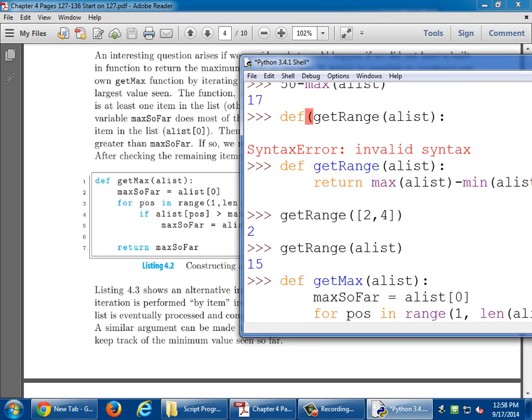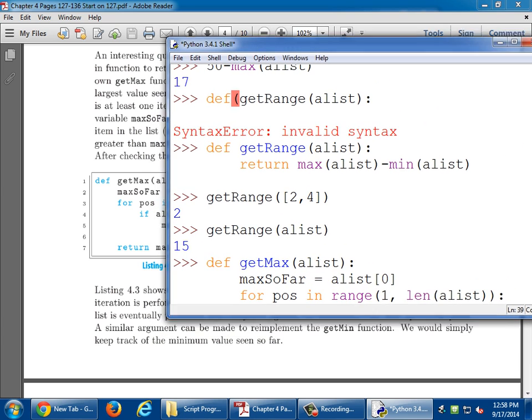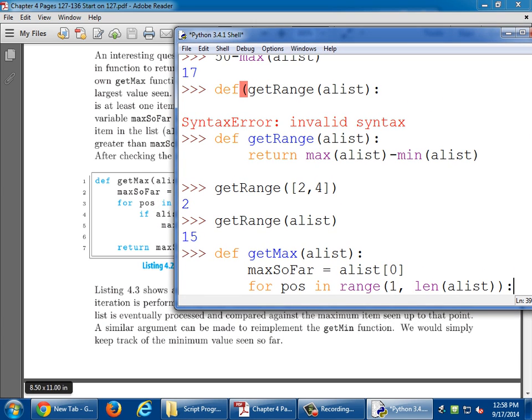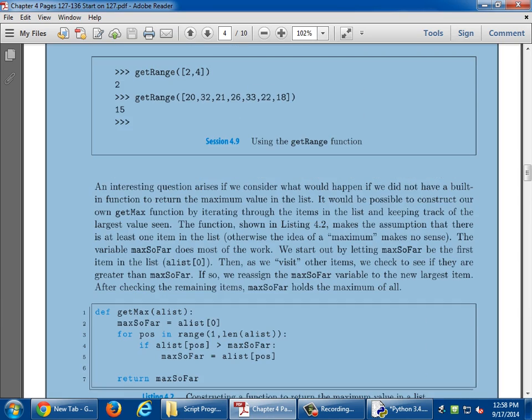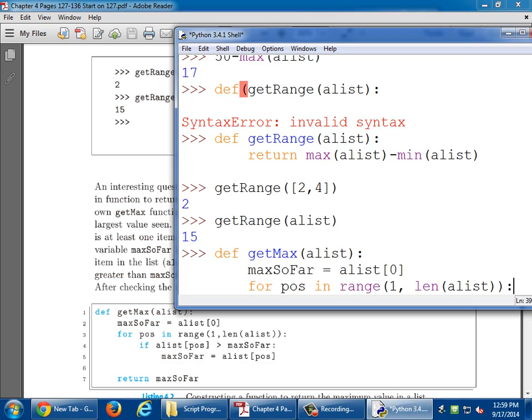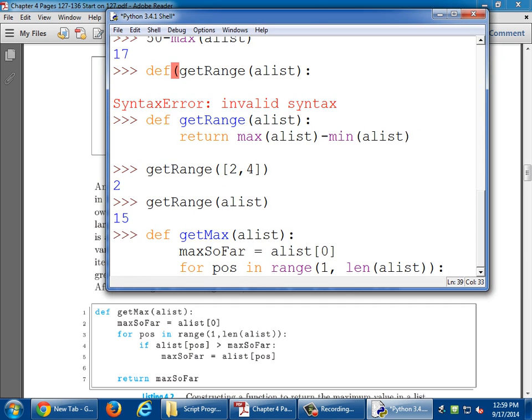Okay. I'll move this over so you can see it. Actually, let me move this page a little. Put this at the bottom. Put my program at the top. That works better. Okay. So now we're saying, okay, for position, which is going to be the thing we're going